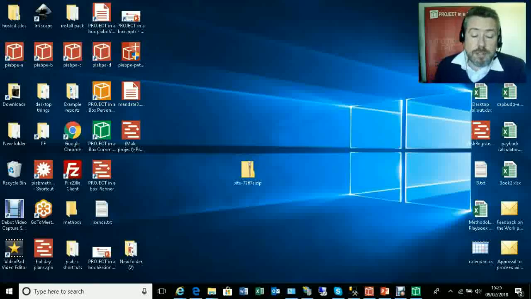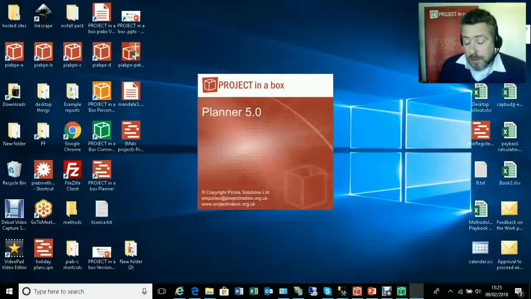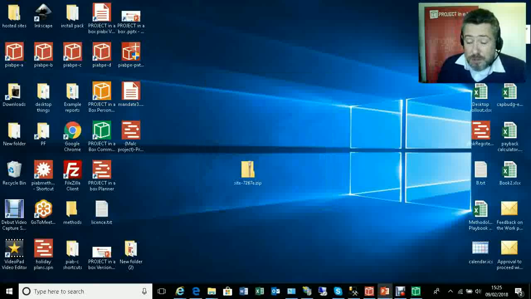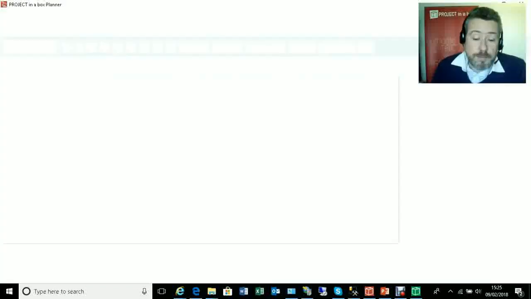Planner, of course, is the other tool we've been looking at so far, and that supports your plans, risks and issues, and that's what we've been using it for. Of course, we've sort of skimmed the surface again with Planner, really, of the things that it can do. So we'll have a look at a few more of those now.